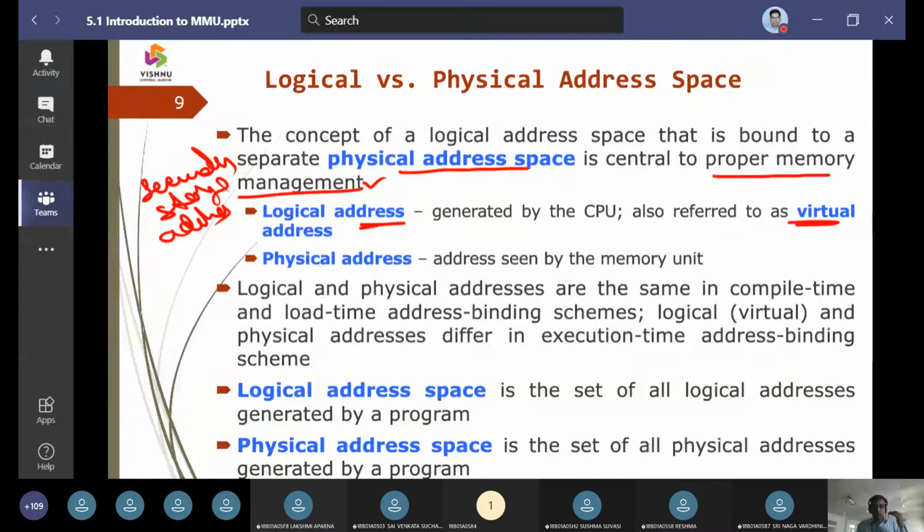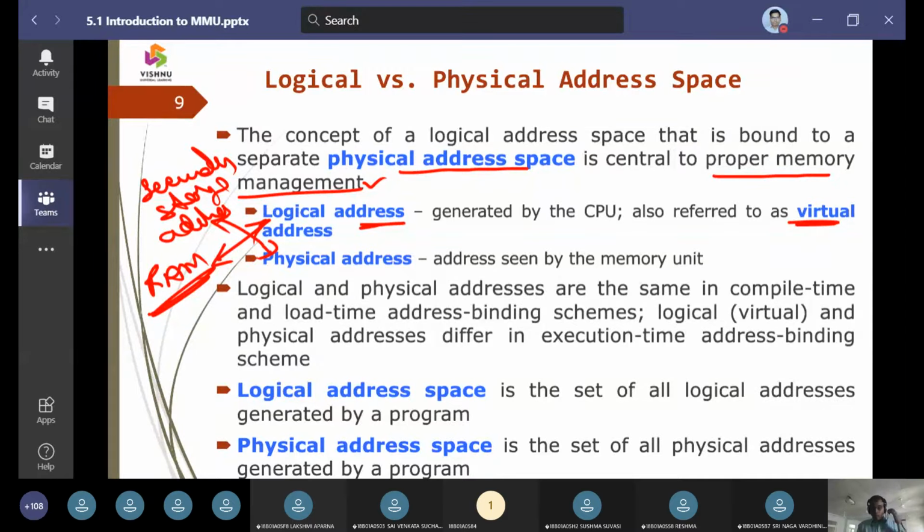So the program is going to be an active entity, which we are going to call a process. For this process we are going to generate logical addresses. The logical addresses are going to be temporary.